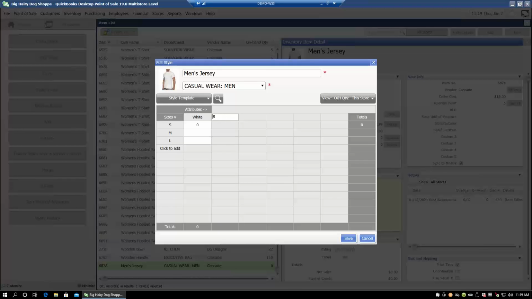And let's say we have it in black and white. And maybe we're going to carry it in blue. So this is the grid. These are the sizes and these are the colors of this particular item that we are going to be carrying. We don't have any on hand at this point since it is still a new item, but we are going to populate the grid